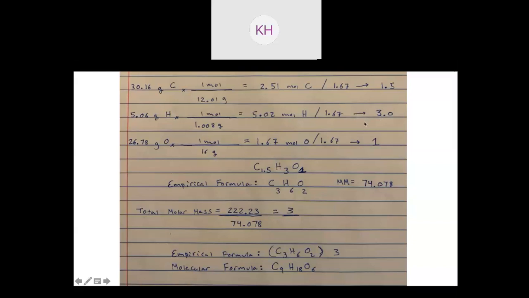So somebody asked, they get that you multiply 1.5 by 2. How do you know what to multiply it by when you have crazy decimals? So again, they won't just give you outlandish crazy decimals. When you get it to the last point, so again, we got carbon down to 1.5, your decimal portion will be something like 1.5, 1.33,